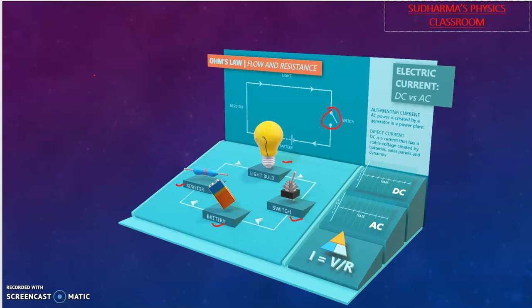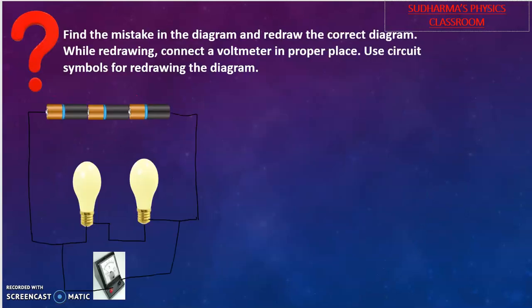This is an open switch, and here is another symbol for an open switch. We have two symbols. This is one, this is closed, this is open. Another way of representing an open switch is this. It's not connected, right? If it is connected, these wires will combine together. Hope you understood what an electric circuit is and how it creates a path for the flow of current.